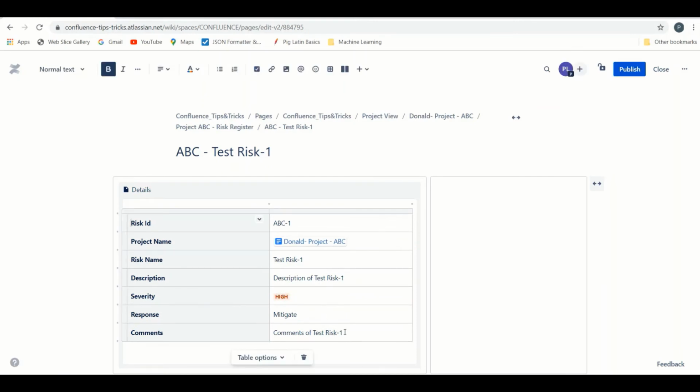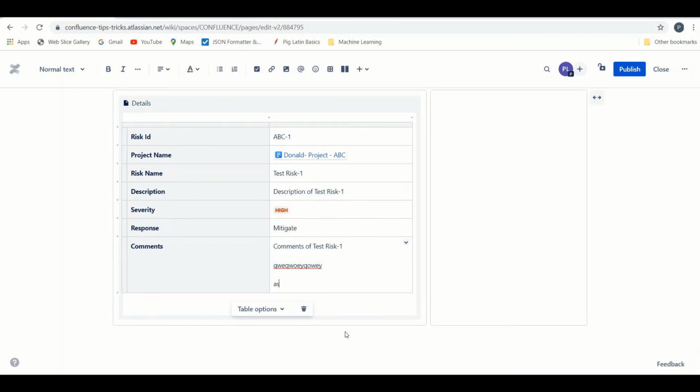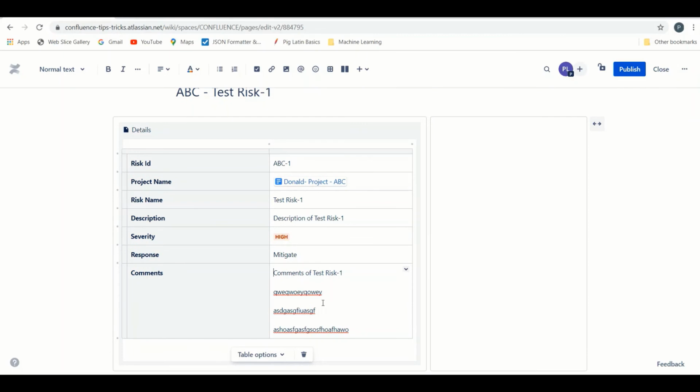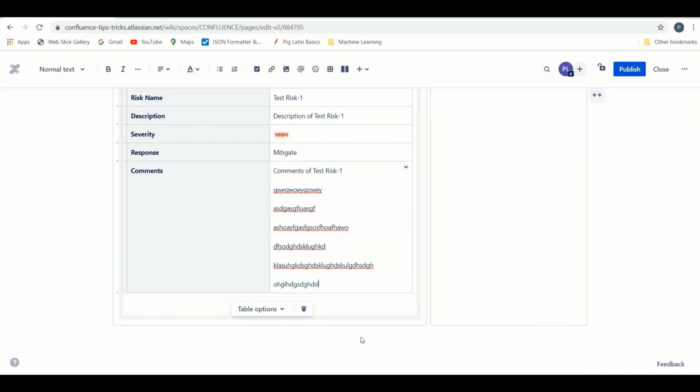So this is a comment section, and let's say we have a lot of information. I'm just typing random stuff. So you have 4 rows over here, right? Whenever someone comes to this particular Brisk page, they see 3 to 4 rows, and there is a good amount of information present, right?